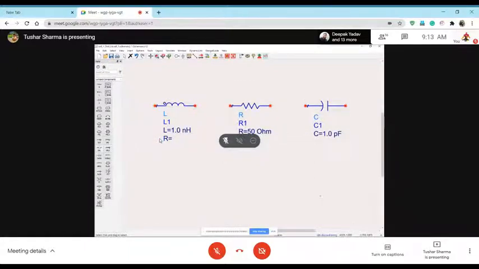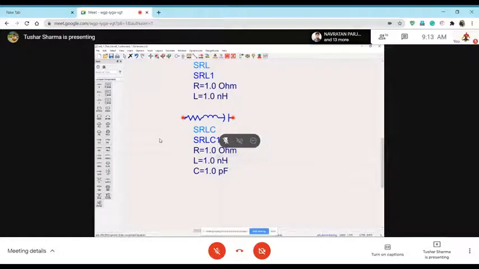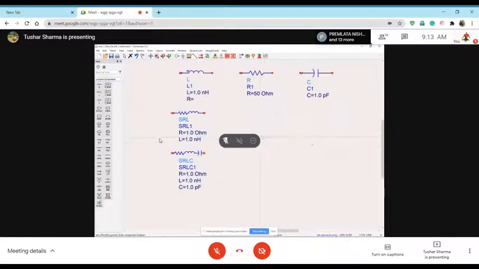But as we studied in our last lecture, and in our first lecture in fact, there is nothing called an ideal scenario in the practical world, especially at RF frequencies. So for example, an inductor, right? For an inductor, you will have something called RL, or you can have RLC. Basically, you are defining what is the inductance, but then also you are defining what is the resistance value and what is the capacitance value.